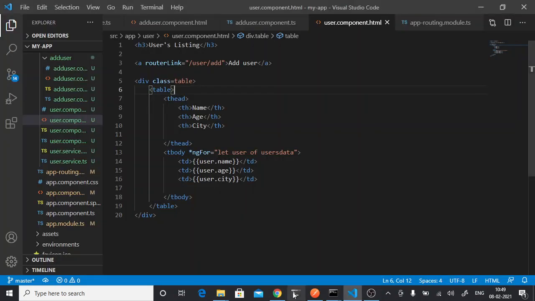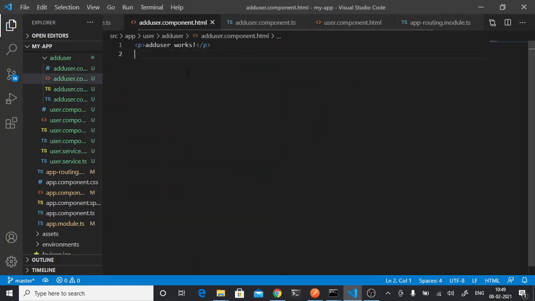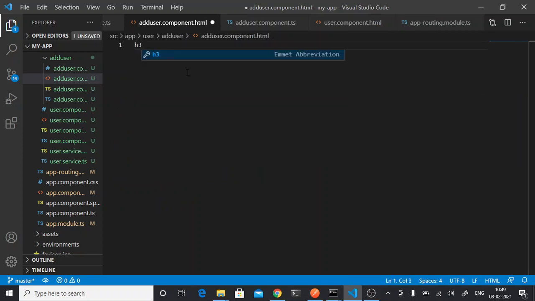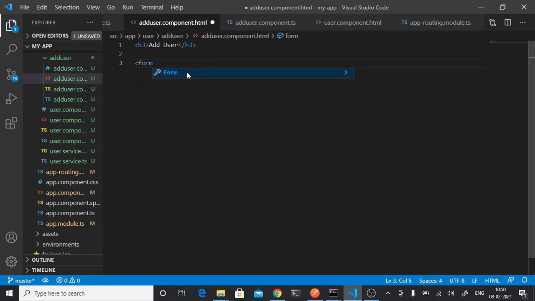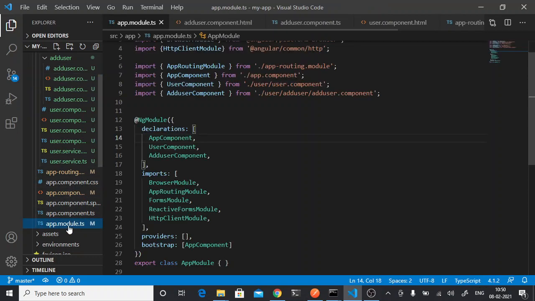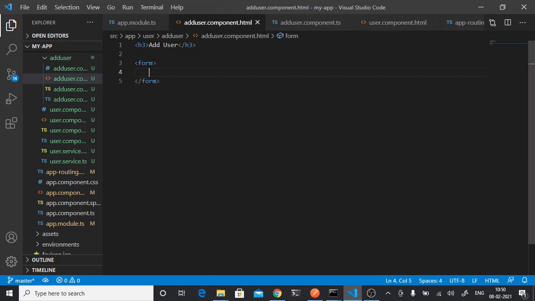So now that we are here, in the add user component I want a form. First I will give the heading as add user, and then we will create the form. Now if you remember, we have imported some modules, that is the forms module and reactive forms module here. So this forms module we will be using now while making the form. So we'll make a form group,